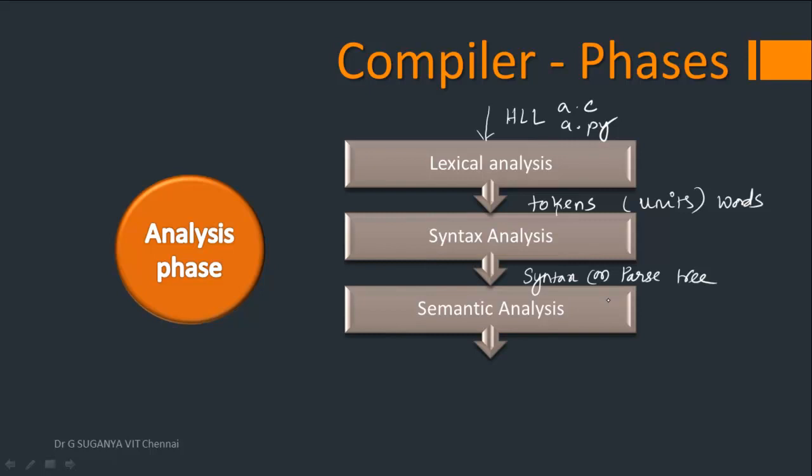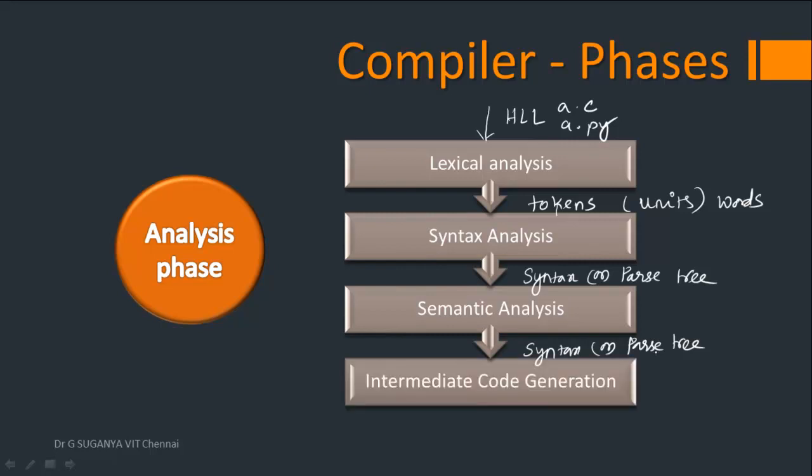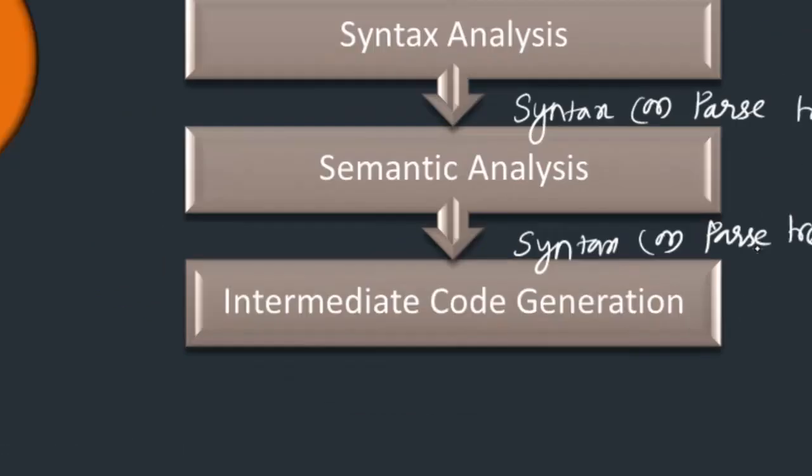We have seen in Word that even though the structure of the statement is correct, like "hello learners", the next step is to check whether the meaning is correct or not. Semantics refers to the meaning. Let's say it's not possible for us to add a character with the floating point data type. That kind of meaning is checked in this phase, and the output will again be the syntax or parse tree. Syntax tree is otherwise called parse tree, but with the addition of the semantics. Once this is done, the semantically verified parse tree is given to the fourth phase of the compiler, which is called intermediate code generation.